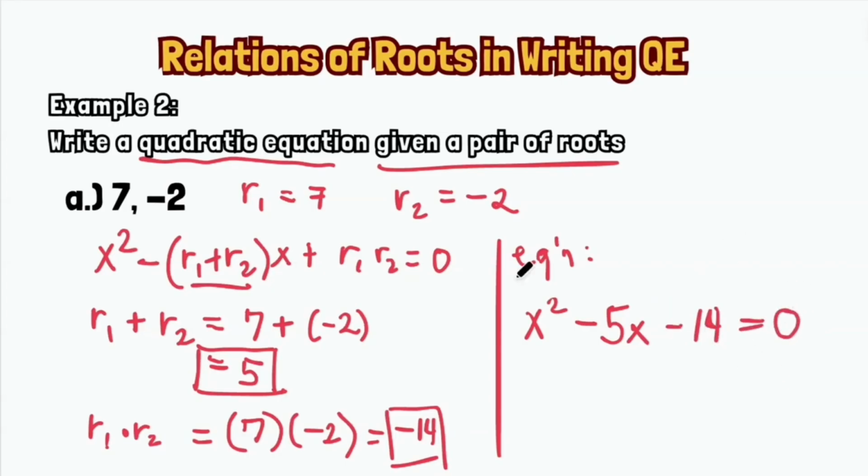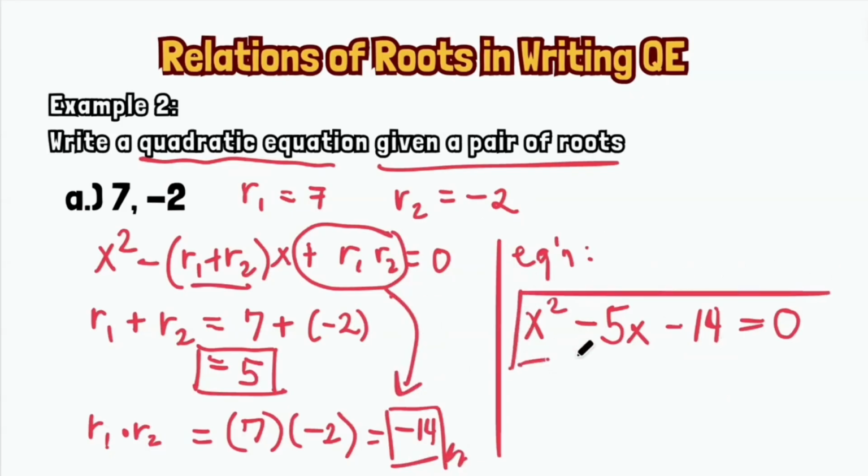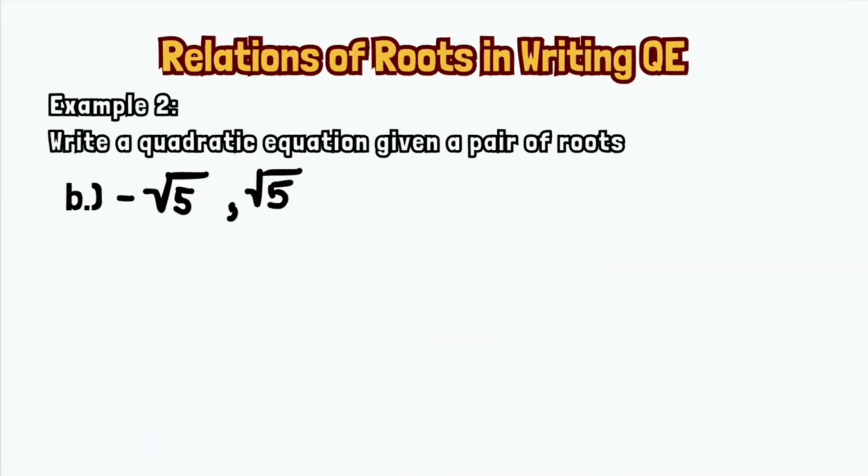This should equal 0. By the way, the sign depends on the given value here. This one is negative, so it became negative 14. So our equation, given the two roots, would be like this. If I ask you to create a quadratic equation using these two roots, this particular method is beneficial for the process of creating an equation, especially a quadratic equation. So that is our first example. Allow me to present to you the second example. So we have this particular example, negative